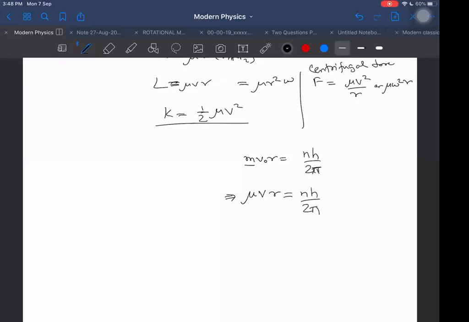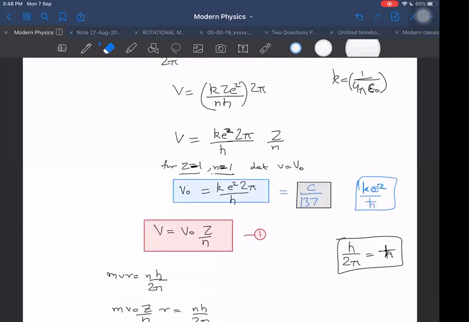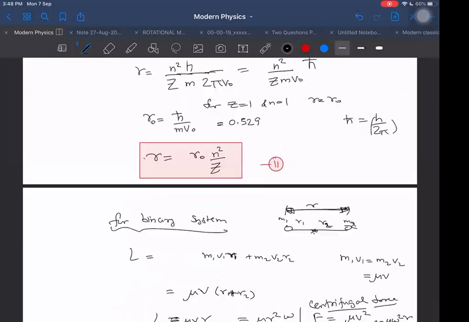If I take reduced mass into account, where reduced mass will be equal to m1 m2 upon m1 plus m2. What are m1, m2 here? m1 is the mass of the electron, and m2 is the mass of the nucleus. Okay. So if I start using that, then I will find out that velocities will still come out to be the same, v naught into z by n. Why? Because it does not have a mass term. Wherever we have a mass term, that mass will be replaced by reduced mass.